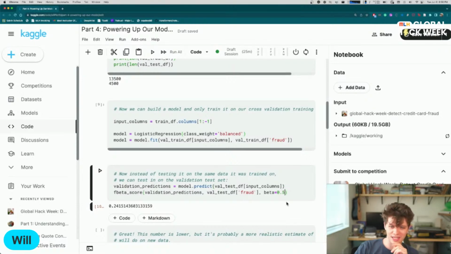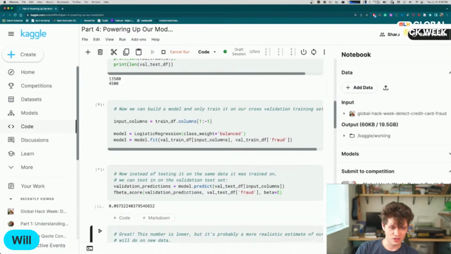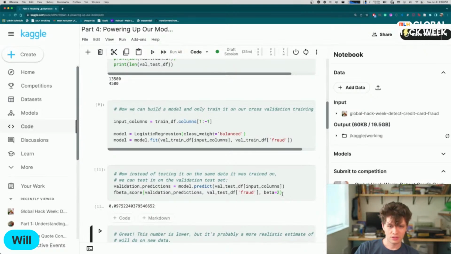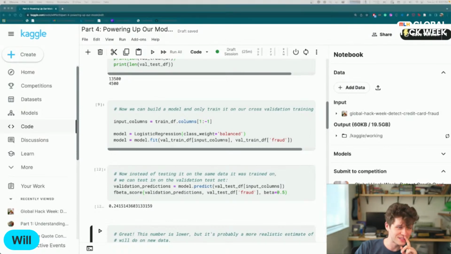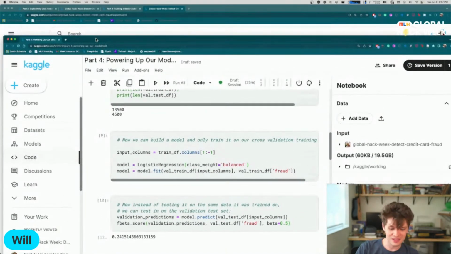Actually, there's part of me that's like, what if beta is 2? Oh, is it possible that they've swapped beta? They've inverted beta? That could be tricky. Okay, y'all. I have to apologize that we are doing this live. But I think I'm going to try swapping it and see if that gets us the results that we are expecting. So let me